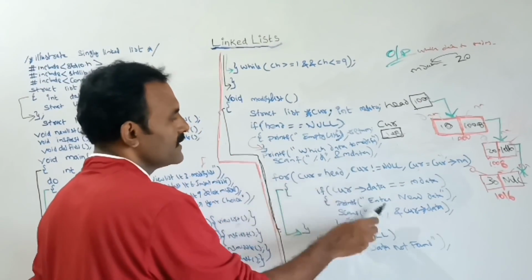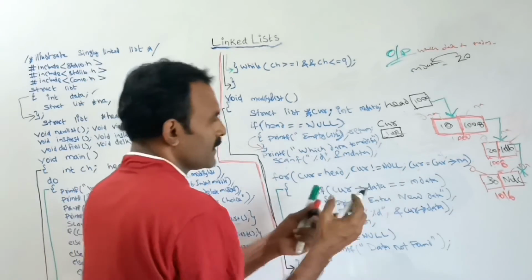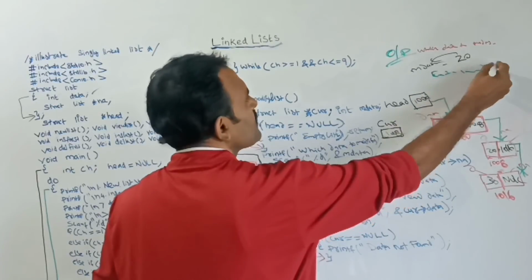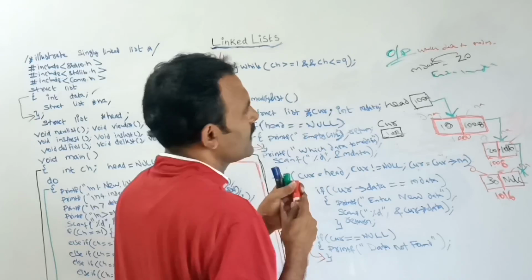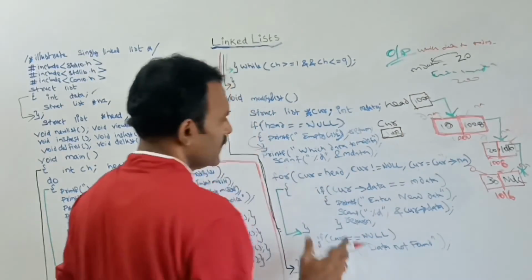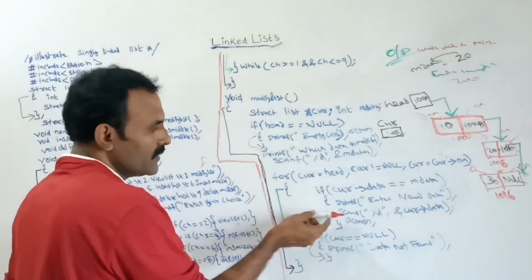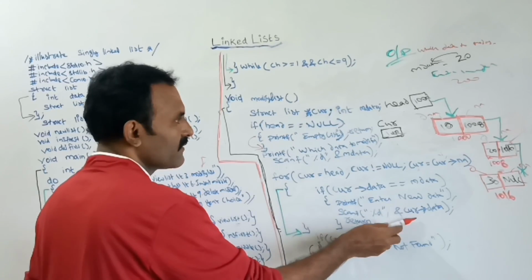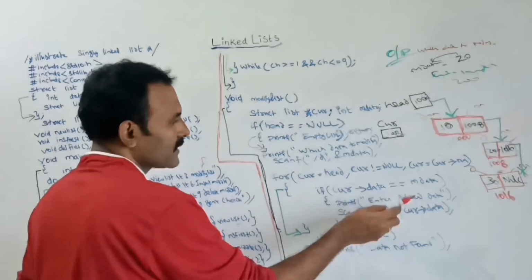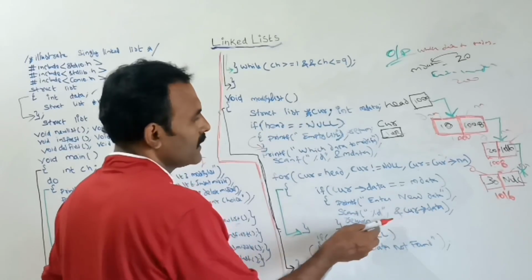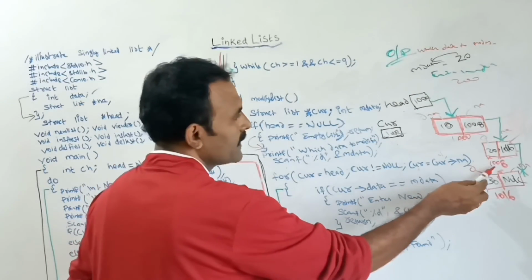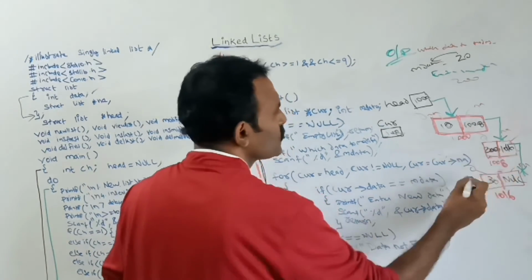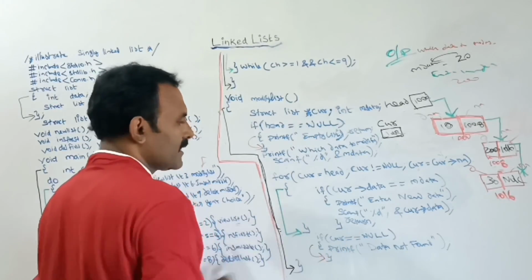Inside this if condition, I am telling it to print enter the new data. That message will be printed. Suppose you give 200, then by using the scanf function, that 200 is stored to CUR of data. What is the CUR value? 1008. So in the 1008th data I am storing this 200. So the 1008th data, here 20, will become 200. In this way we can modify. After modifying, return, and it will come outside.